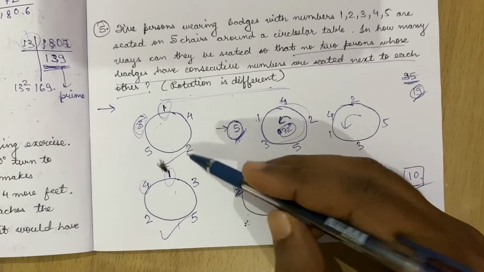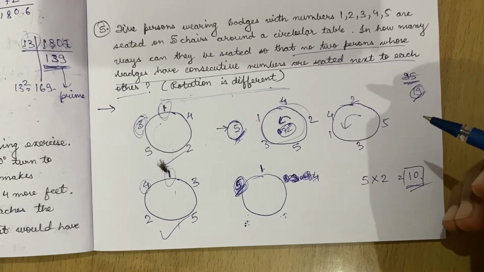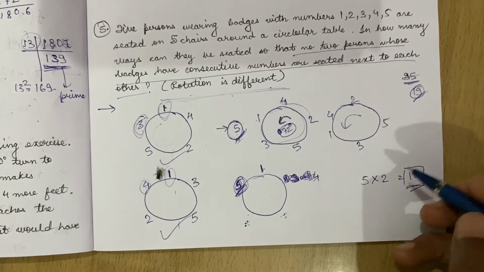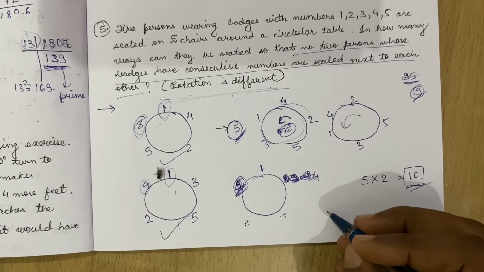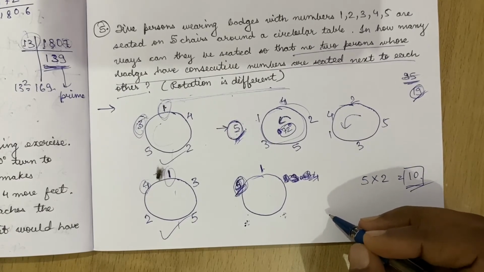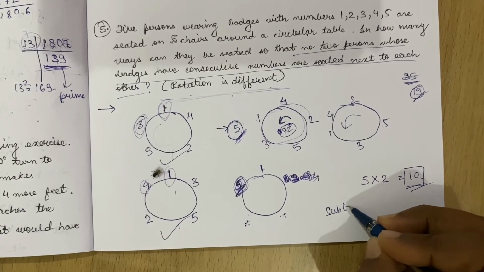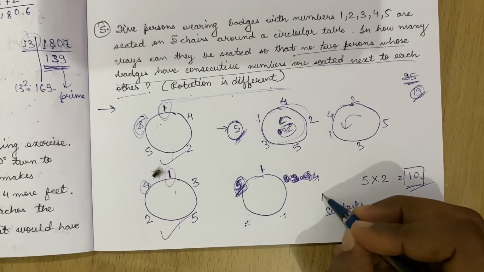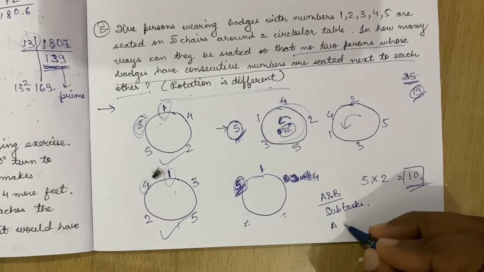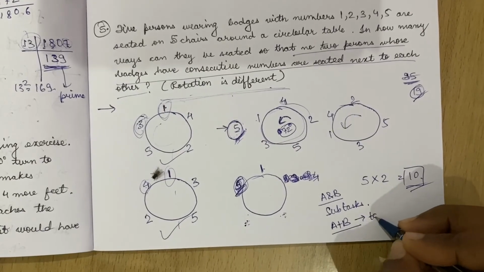So implicitly we have used a multiplication principle here. Let me just quickly explain what multiplication principle is. We want to complete a task, and the task is a combination of 2 subtasks. Let's say I have a task A and B, and when I complete both A and B in succession, I complete the whole task.